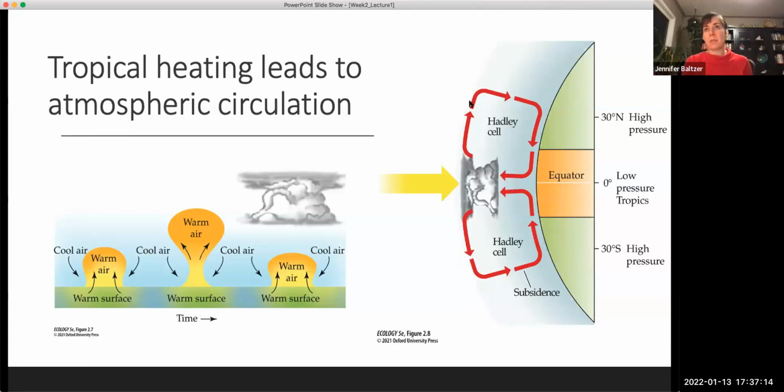So then the air that's moving up here, because hot air rises, has to be replaced by something. So this drier air that comes down here flows along the land surface, picking up moisture as it goes, and returns here to the equator and then cycles back up. So those are those convective cells that are formed.